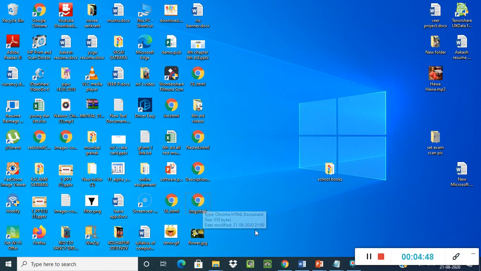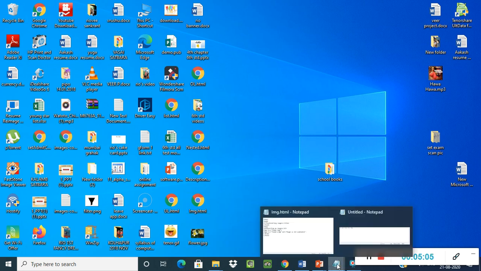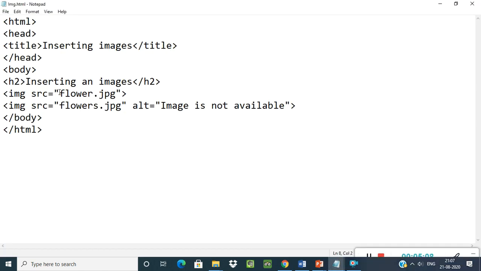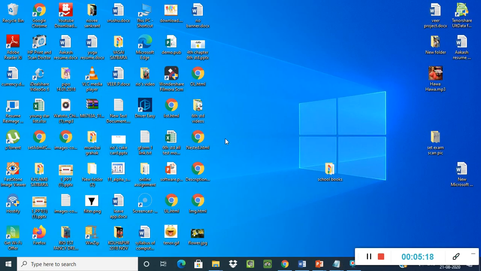Now you can see here on your desktop, flower.jpg, this image is also available. This same name you have to give in your program file. See, flower.jpg. The same name and the same path you have to give in your program. Suppose you are saving your file on the desktop, then you also have to save your image file on the desktop.